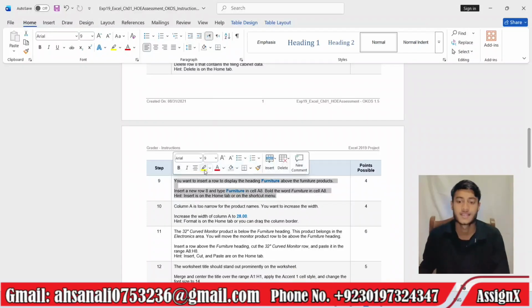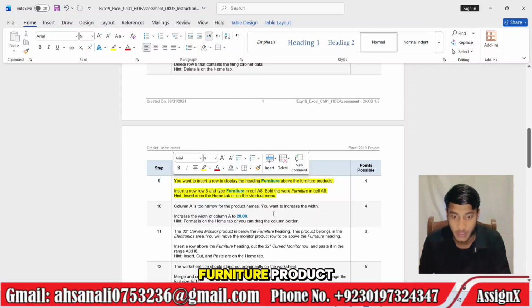Move to step 9. You want to insert a row to display the heading Furniture above the furniture products. Insert a new row at 8 and type Furniture in cell 8. Bold the word Furniture in cell 8.